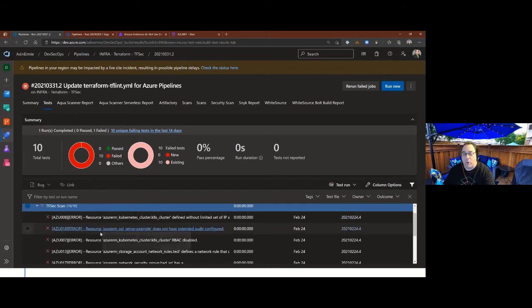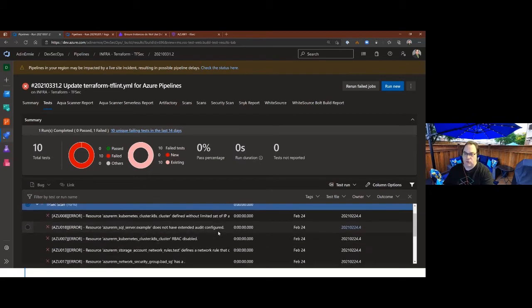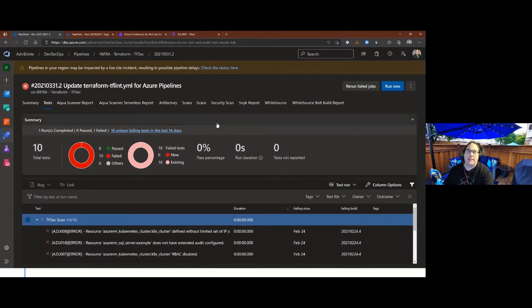Obviously, they're still important to address, but it gives you a better perspective on knowing that for the most part, or a majority of your code is good, and there's just maybe a handful of things that need to be addressed.